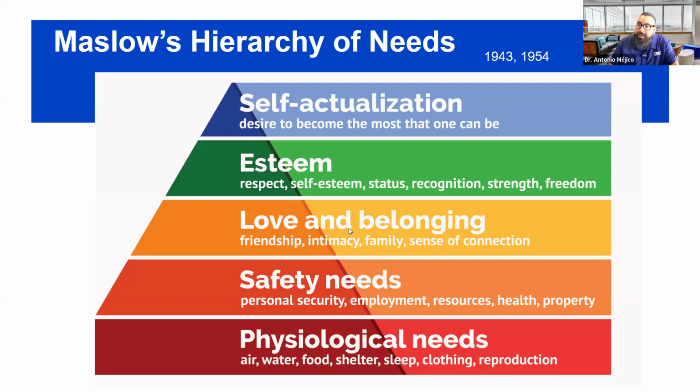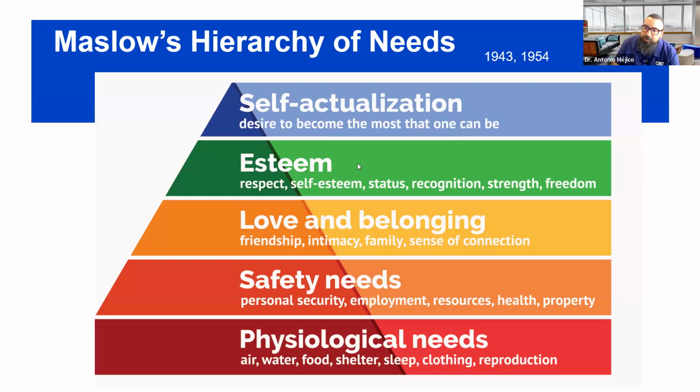Well, Maslow says after that has taken place, after all these things here have taken place, you can move on to another layer, right, of your hierarchy, and that's to meet the needs of your esteem. So things like respect, self-esteem, status, recognition, strength, or freedom. Think about that. For many of you, this is where you're trying to head in your life right now, from love and belonging into esteem. Maybe you're migrating into these areas here. You're going to school to earn a degree, to have a career, to have titles behind your name, to give yourself purpose, right? So that you can tell your kiddos, I did it. I went to college, right? You can tell your family I had the strength to continue. I believe I'm free to make my own choices in life. And so you may be in this esteem moment, okay?